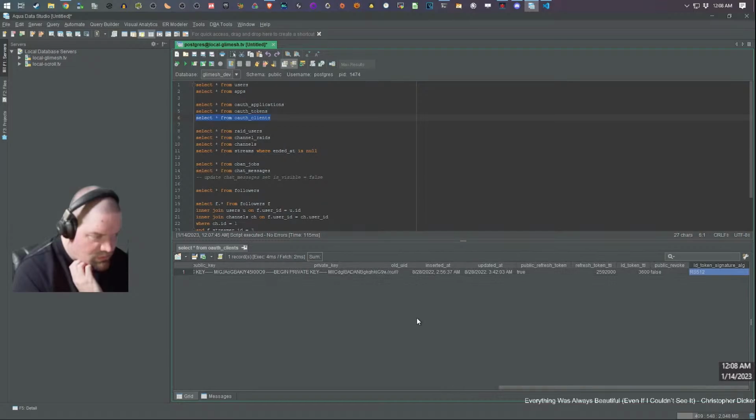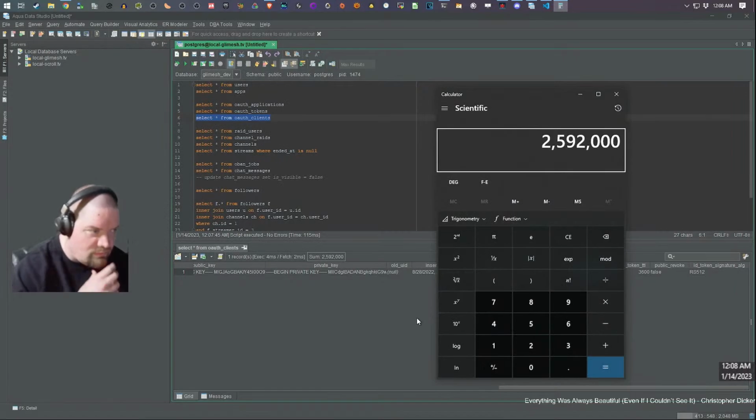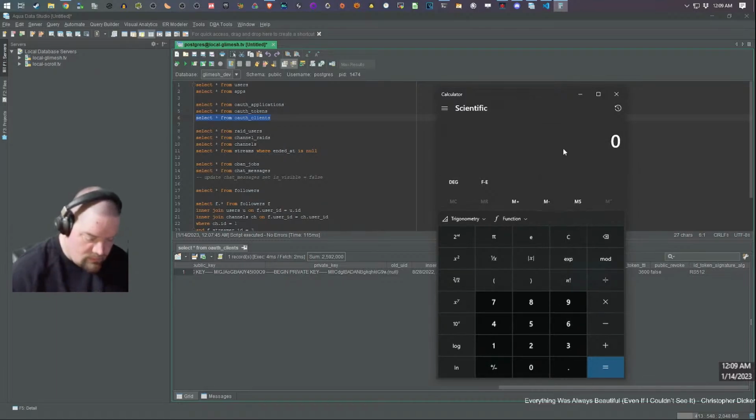Old public refresh token. Refresh token time to live is 2,592,000. That is what? That 30 days or something? Divided by 60. Wait, no. This is in seconds, right?